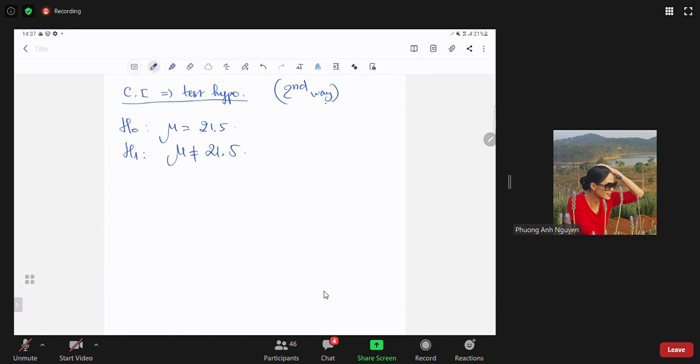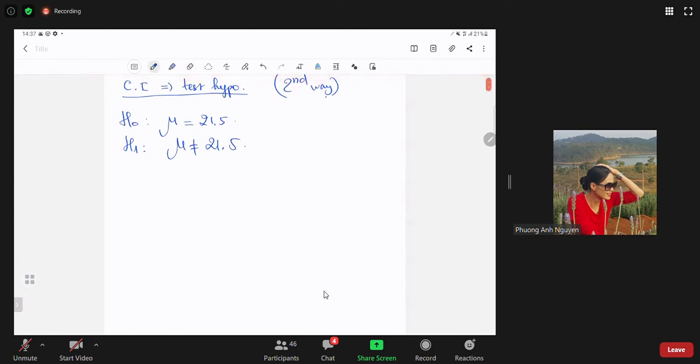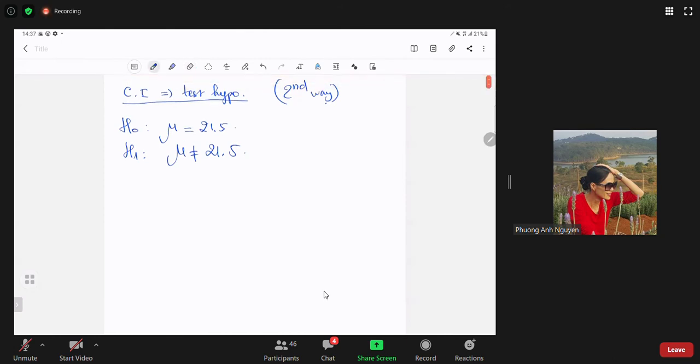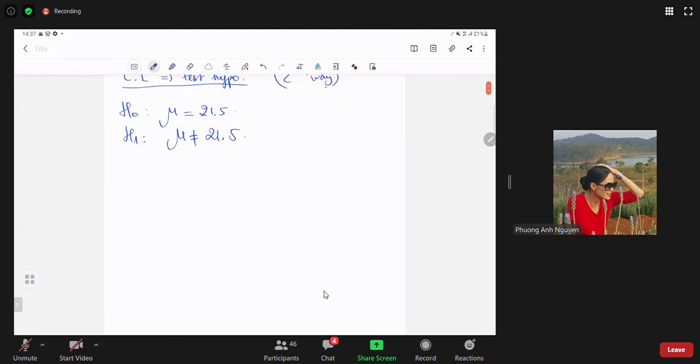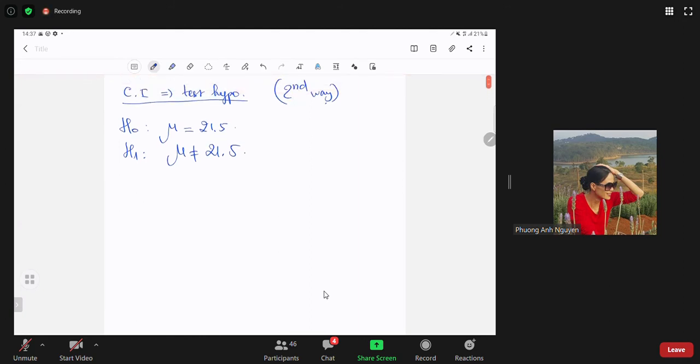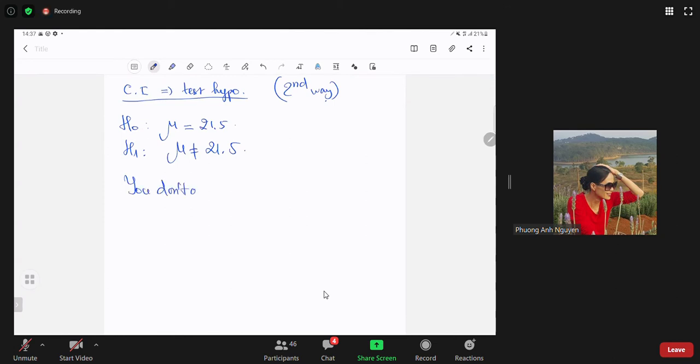Yes, it's a two-tailed test. Now, step by step, I say that mu is 21.5. You don't agree with me, so we want to prove that I'm wrong